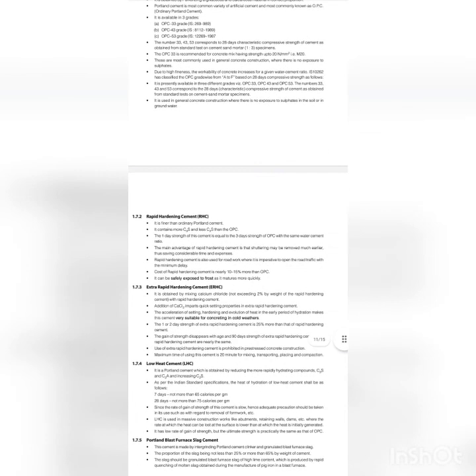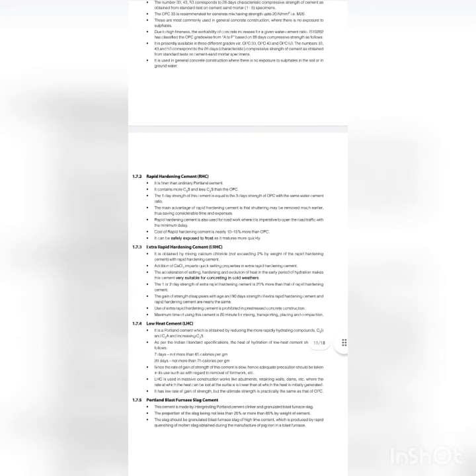The second one is rapid hardening cement, RHC. From the name of rapid hardening cement, we can understand that the cement hardens rapidly. It is finer than ordinary Portland cement. It contains more C3S and less C2S than ordinary Portland cement. The first day strength of the cement is equal to the third day strength of OPC with the same water cement